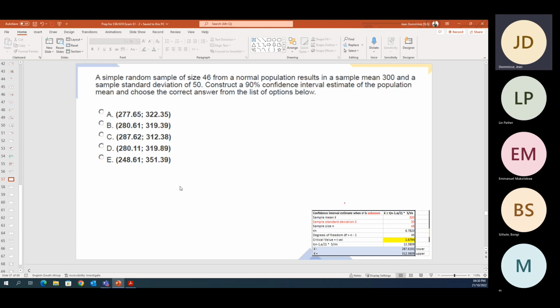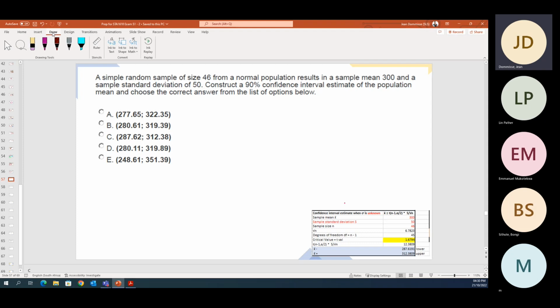Okay, so basically we ended last week still on confidence interval. I just want us to make sure that we get it right. So again, the things that we need to look out for. I just want to see how big the font is. So that is perfect. Okay, so simple random sample